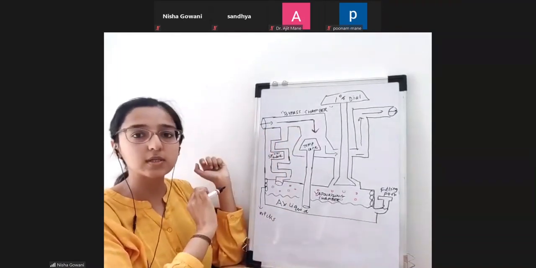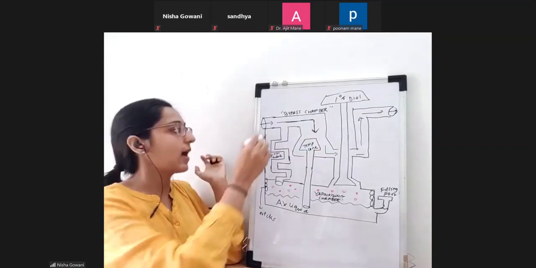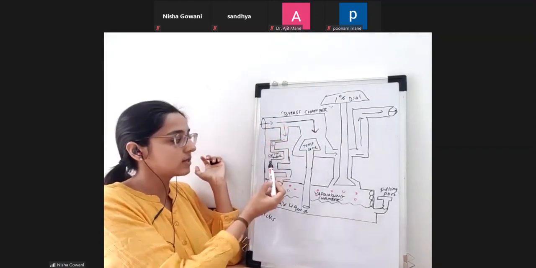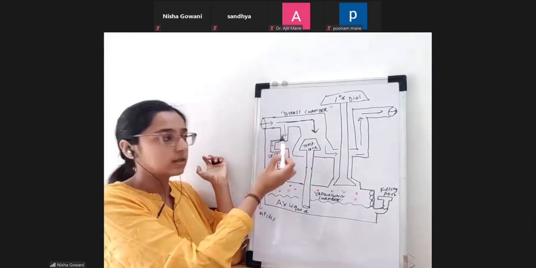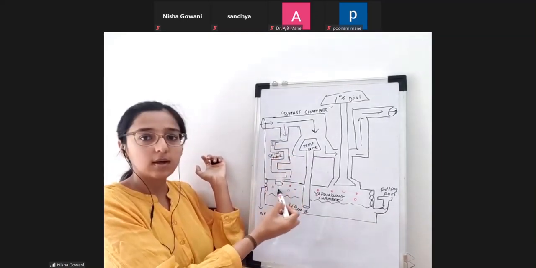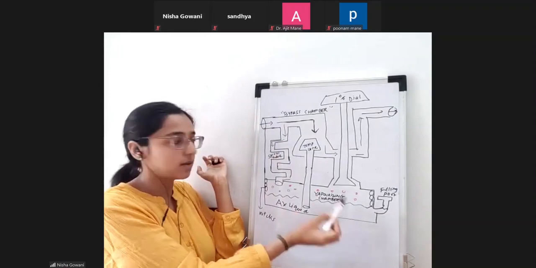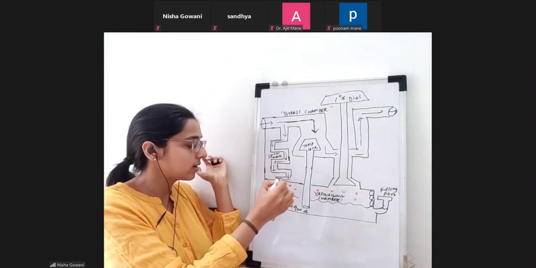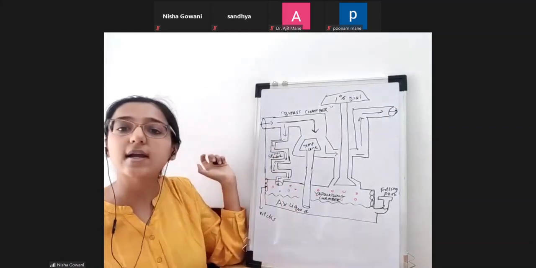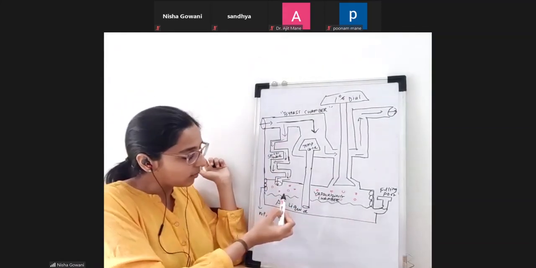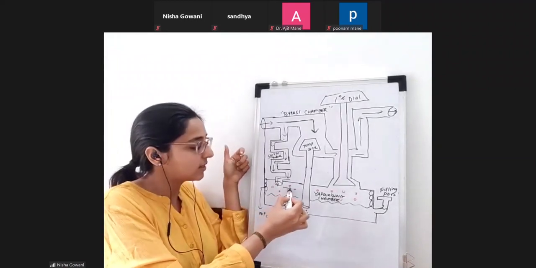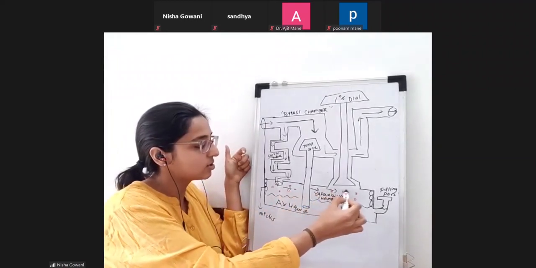They are not coming towards the vapors. Some amount of the gas will come like this and go through this. I have labeled a spiral tube. This tube is a spiral because it has to come to the vaporizing chamber. So some portion will travel through this and enter the vaporizing chamber. Now it will pick up all the vapors, so now it is traveling through the vaporizing chamber.